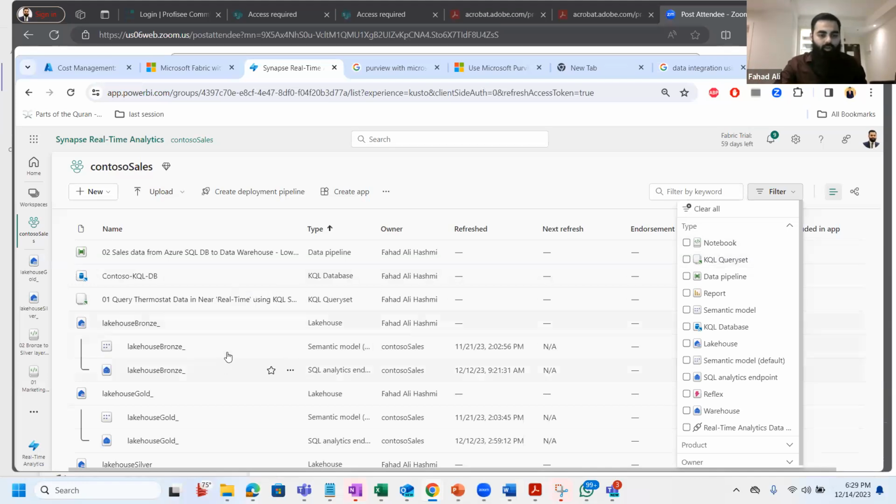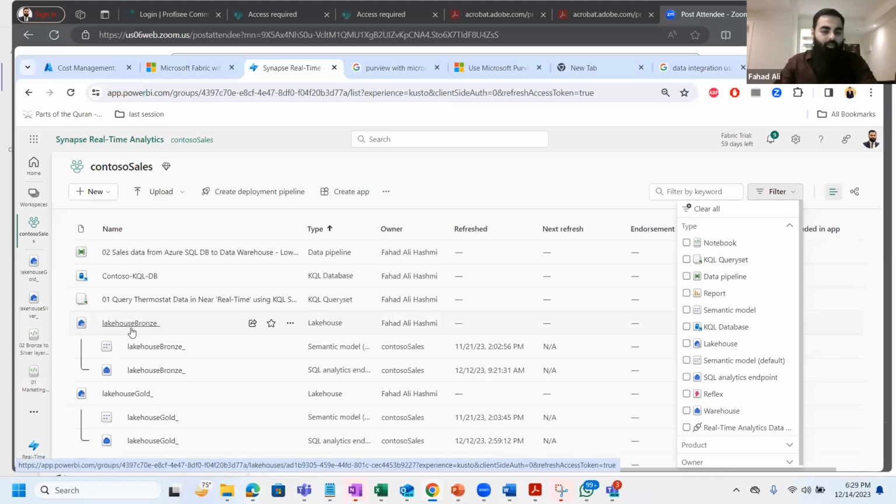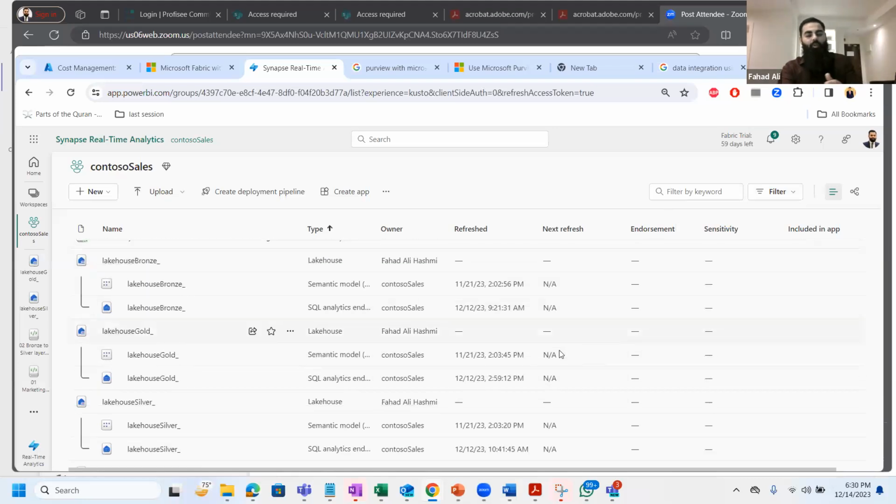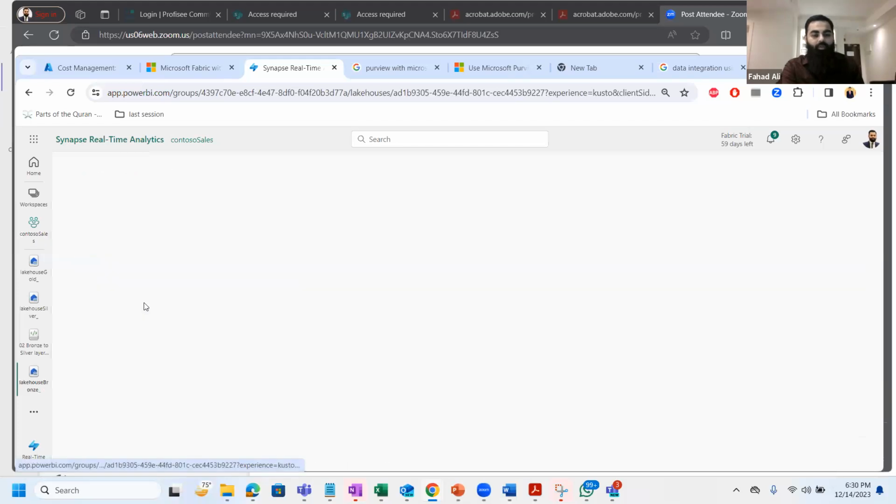We are going to start looking at first the lakehouses that we have created, and there's definitely this model that Microsoft is following with the lakehouses, saying that it could be a lakehouse starting with lakehouse bronze, where everything is parked, and then when you're transforming it, you take it to lakehouse silver, and then when the transformations are done, you take it to lakehouse gold, which is the master copy at the very end. Now, if you look at the lakehouse bronze,